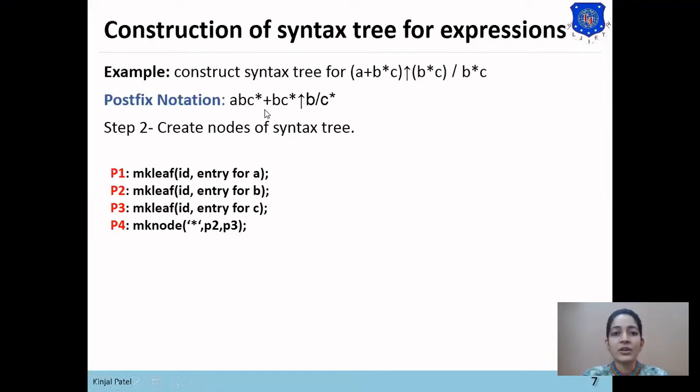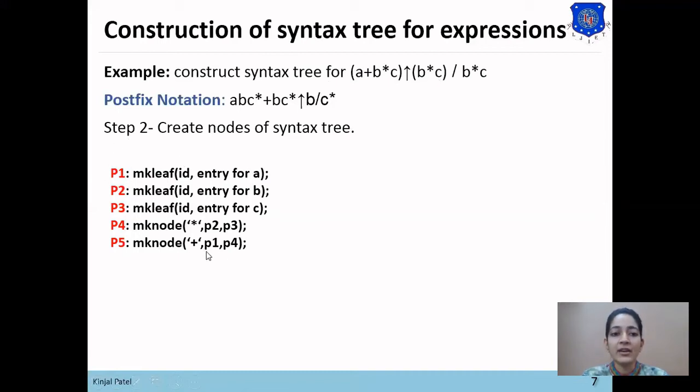Now in postfix notation, the next pointer is plus. So to create node plus, the make node function is used. So plus has two children, left and right. So here, see in the given expression that plus has left child A and right child B star C. As B star C has been performed, the right child is B star C and the left child is A. So A has been stored in the P1 temporary value.